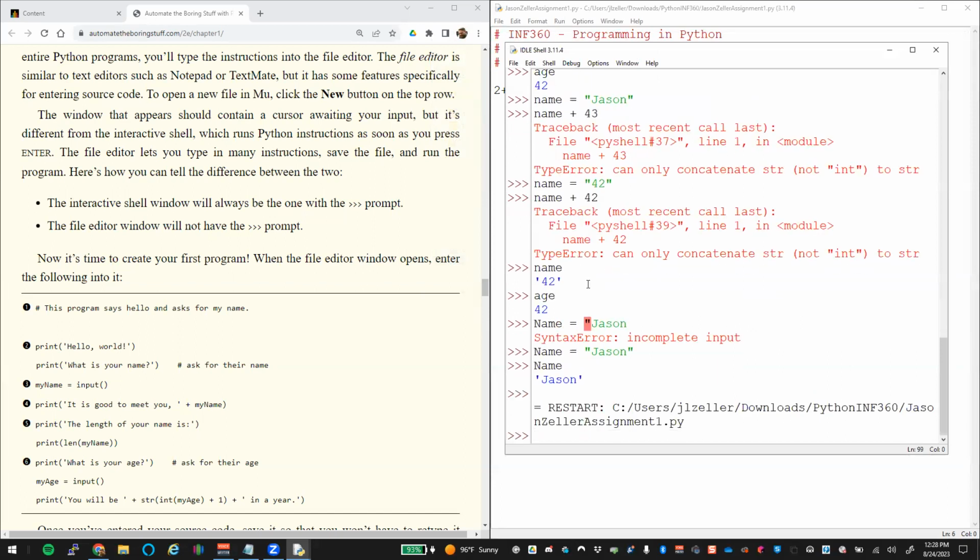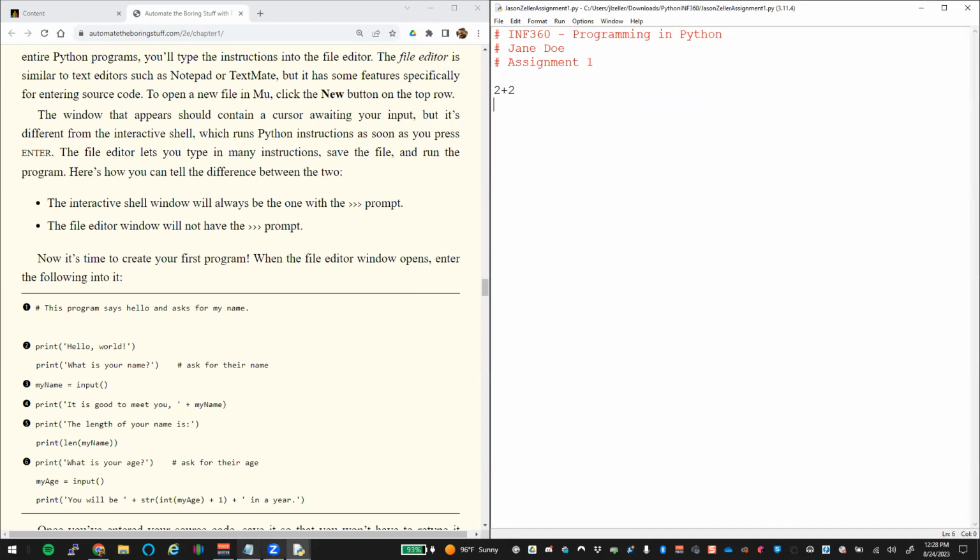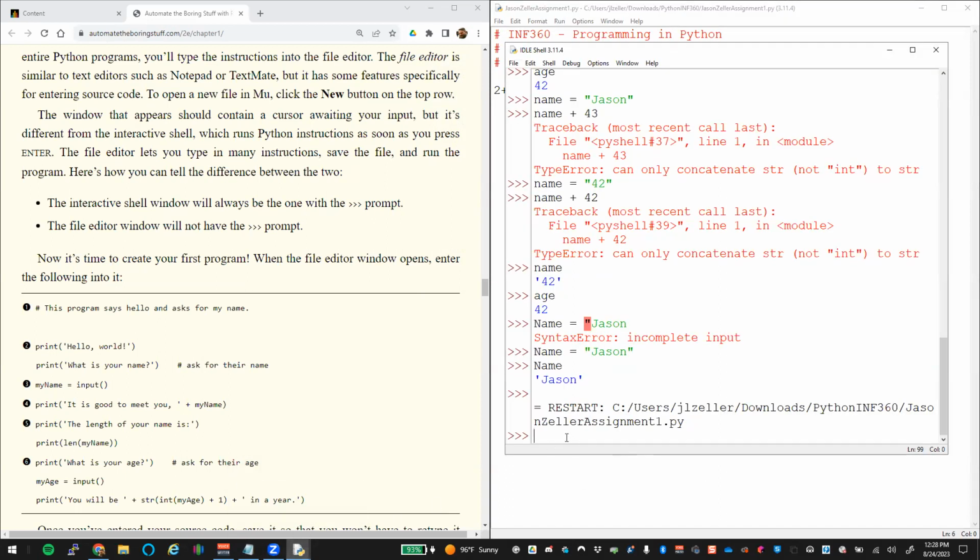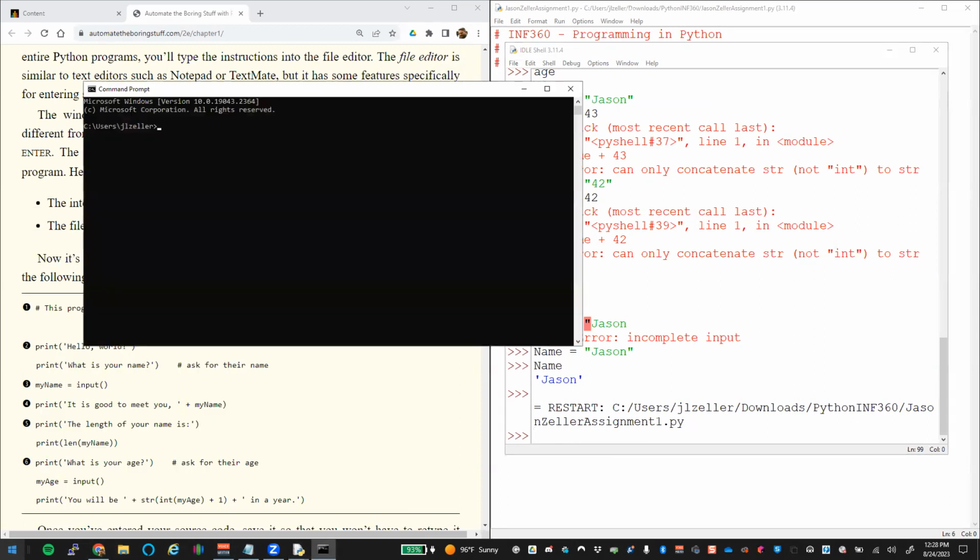Now, notice when I executed, nothing popped up over here. In my code, I have 2 + 2, but over here, nothing came up on the screen. That's because I don't tell it to print anything out to the user. So if I actually ran this script inside of a terminal, which is normally how you would execute Python scripts, if I went out to my downloads folder,